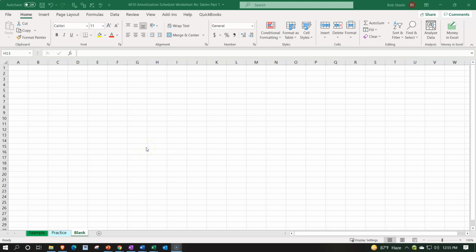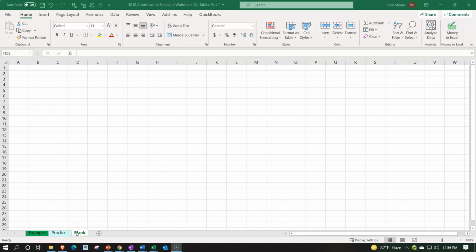If you have access to the Excel worksheet and would like to follow along, note that we have 3 tabs down below. We have the example tab, in essence being the answer key. We have the practice tab, which is basically a mid-range, gives an outline of what we will be doing, making it a little bit easier to go through and put together the practice problem. And then the blank tab, which is just a blank worksheet